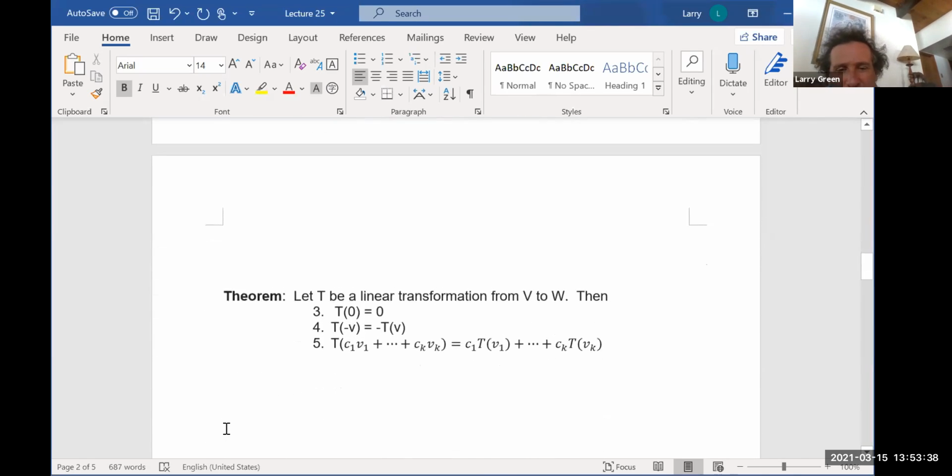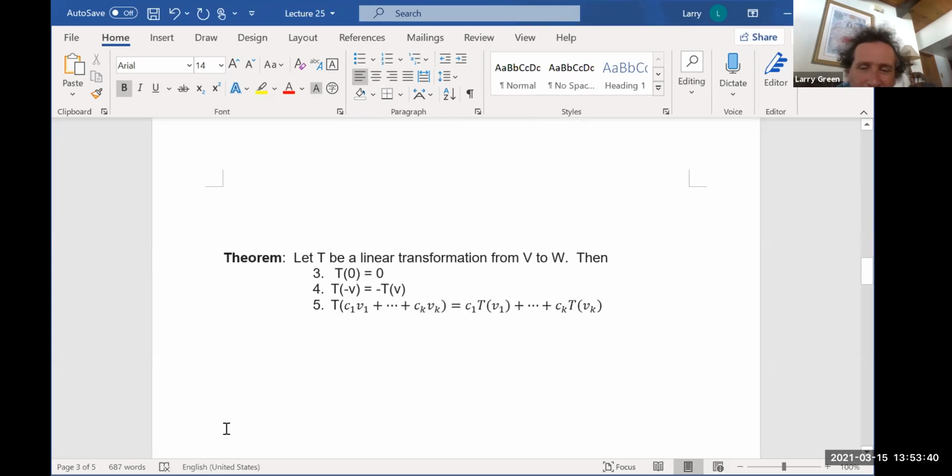And that you would prove with i's and j's and stuff like that, but I'm not going to do it. Okay, so let me talk about the next theorem. It's a nice, easy theorem. If we have a linear transformation from V to W,